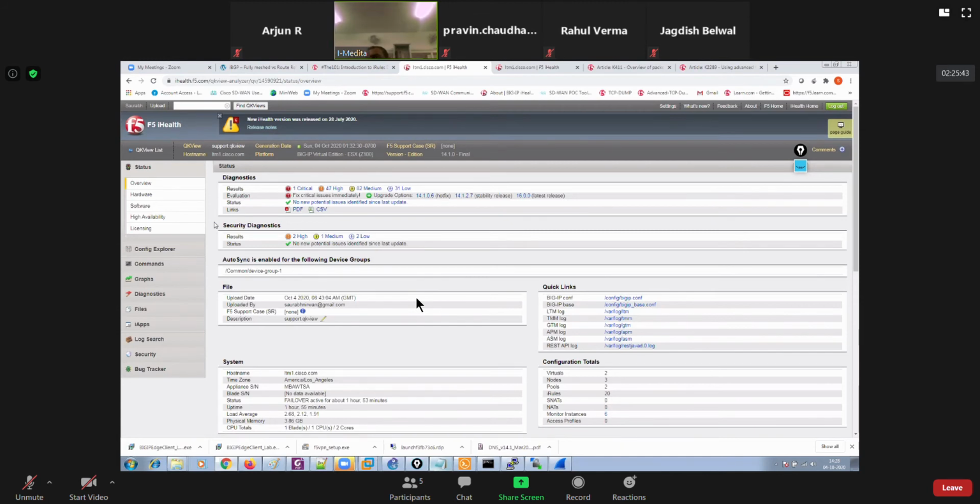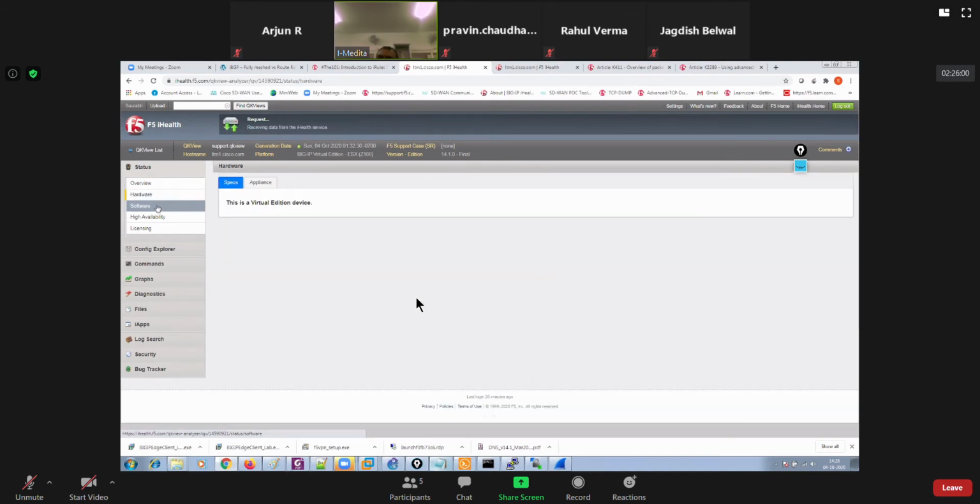So even this portal is looking like a dashboard of your big IP, right? Like it is looking like you do have an access to your big IP itself, right, guys? So you could even see the hardware related information over here. Also, you could look at the software based information. So it was showing us this is a virtual edition, right?